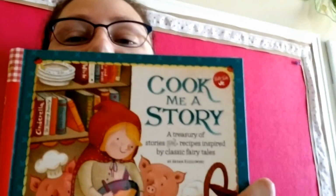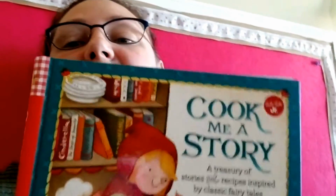Moving on, because we now have our kitchen back, we were finally able to do Cook Me a Story. And we did the porridge recipe, and I say we, but my daughter did most of it, and she did a great job, and it was very easy for her. I did minimal guidance. I even let her chop up the pears. And it was a very good